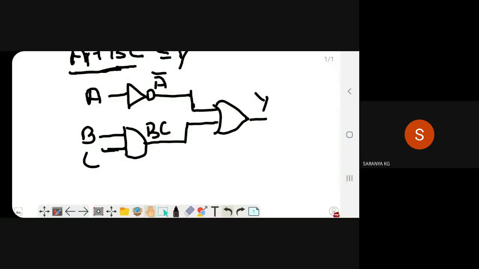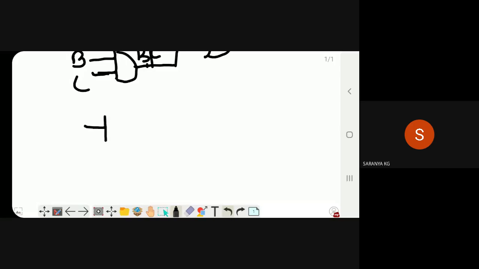Replace that NOT gate with a NAND gate. Then you have an AND gate here. Just replace the AND gate with the NAND gate implementation.